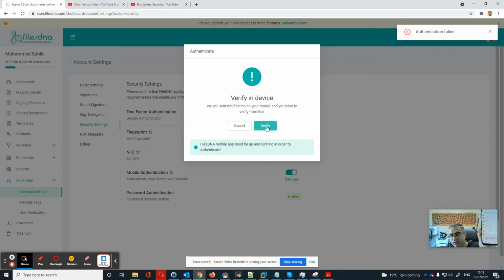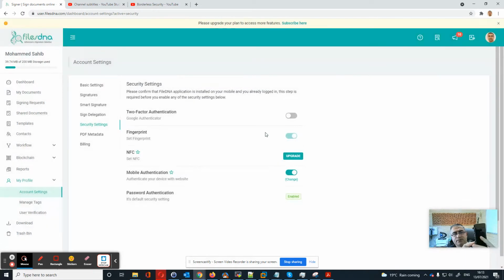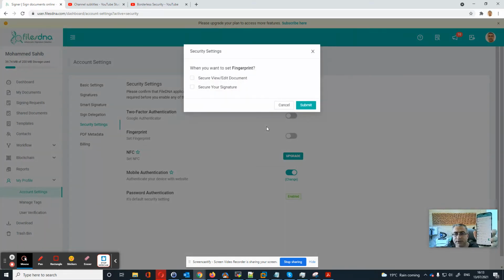As you see, it's asking me now to put, sorry, let me click again. It's asking me again now to verify, and then now I will put my finger, and then it's authenticated, it's gone. Now, if I want to enable it again, I can press again, it will tell me verify in mobile, then the request will come to my mobile, and then I need to verify my signature, fingerprint, and then